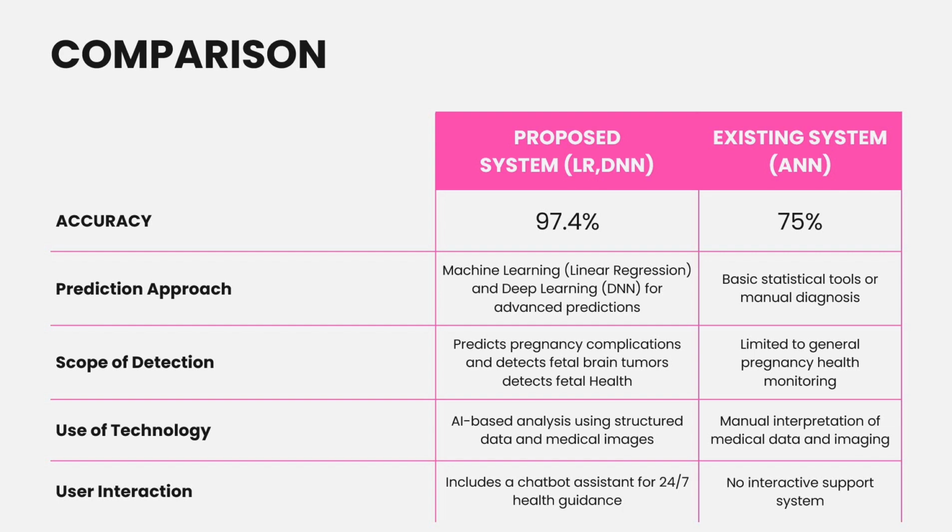Also, there is no prediction-based approach in the existing system, but our proposed system has 3 prediction systems. One is pregnancy complication detection, as well as fetus health monitoring prediction, as well as early brain tumor detection. Those are the 3 prediction methods in our project. Going to the scope of the project, the existing system has no scope. It's a single-end project. Coming together as a proposed system,